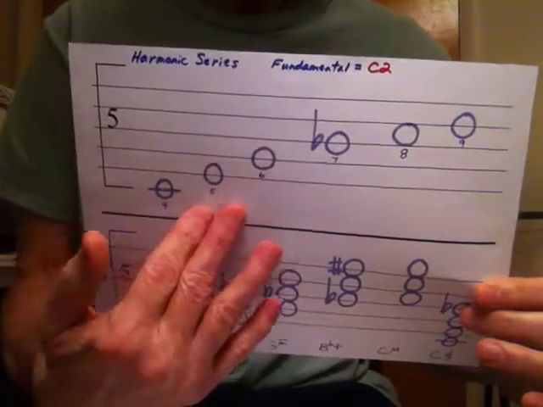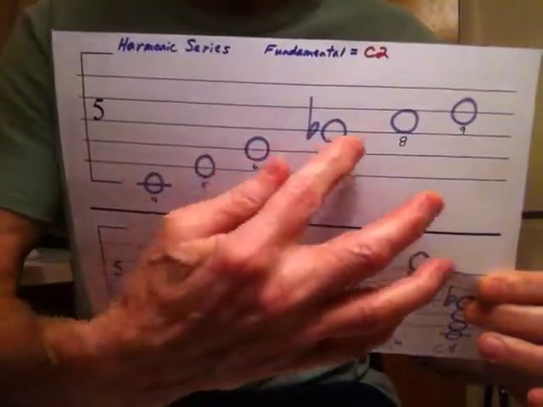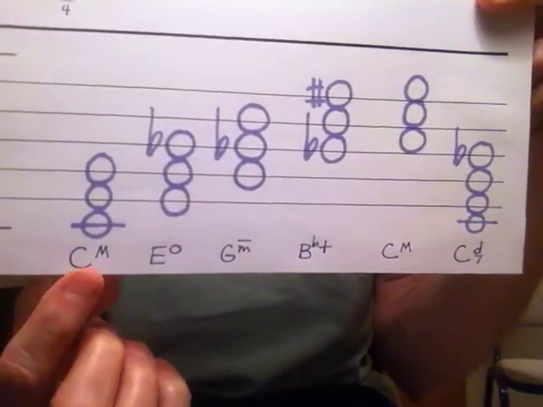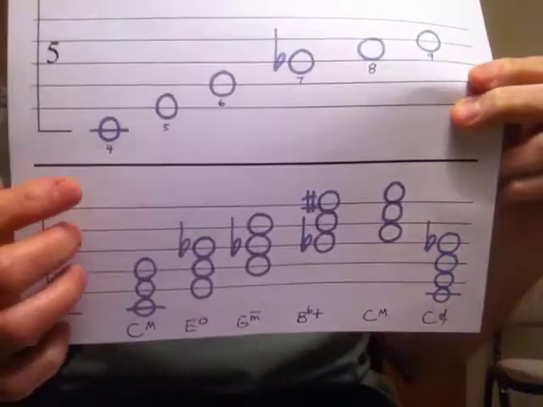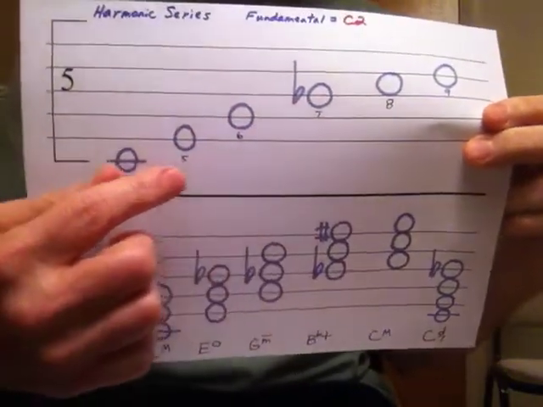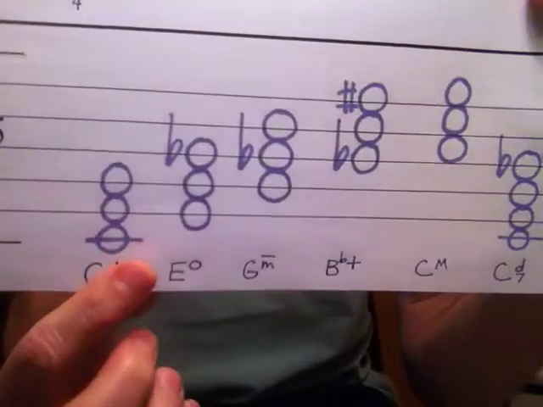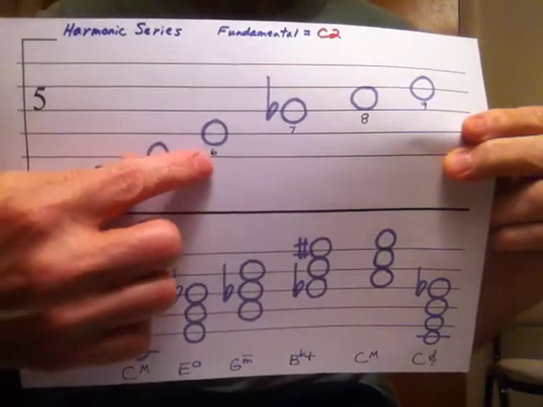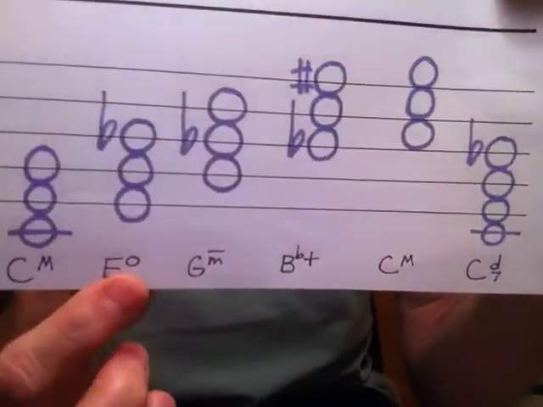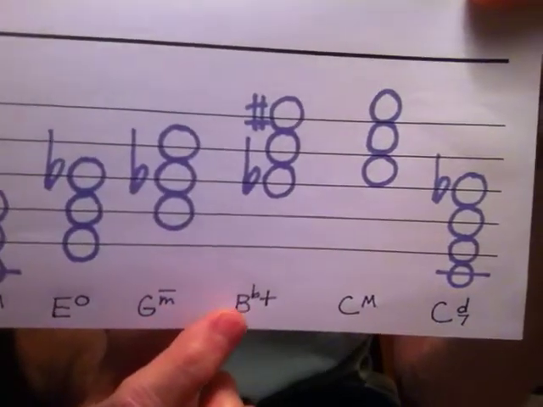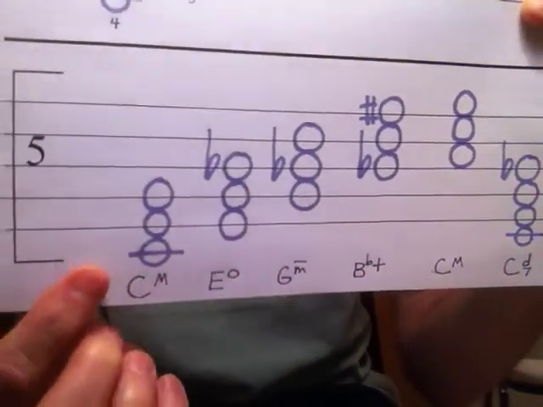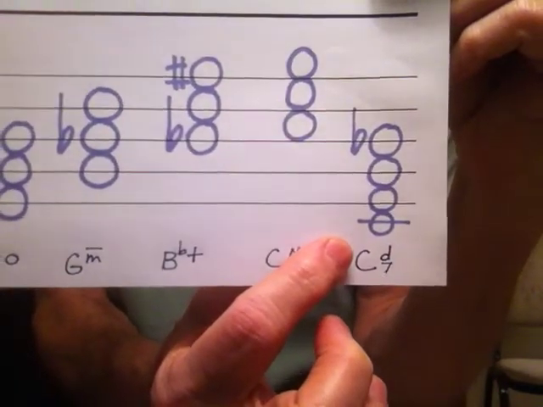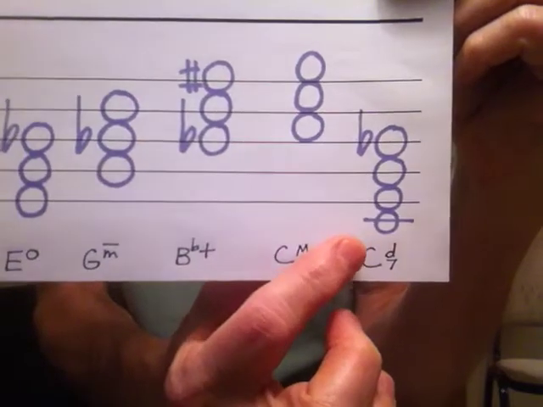And I noticed with these early partials that the first common chord realized was a major chord. You can make a C major chord with these partials, and then the next chord I noticed was a diminished. You have an E diminished chord. That's your second one. And then your third would be a minor chord, then an augmented, then another major. And if you start down here on your fourth partial, you can actually make a dominant 7 chord, which is very critical and very powerful in music. Without it, we'd be lost.